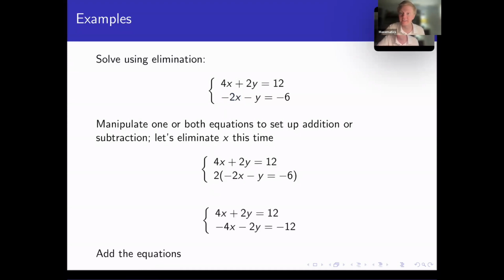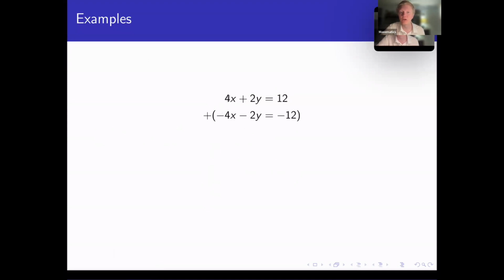And now let's add these equations. So 4 plus negative 4x, or just 4 minus 4x, is 0. 2 plus negative 2y, 2y minus 2y is 0. And 12 plus negative 12 is also 0. Oh, did we do something wrong this time? Well, of course not. What we got this time is we found a statement that is always true in our system. Well, if we get to a point where the statement is always true, this is a dependent system and